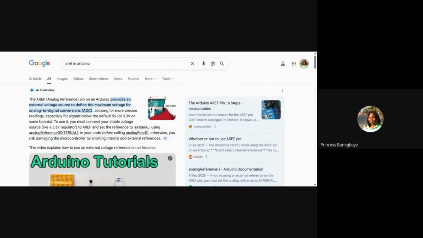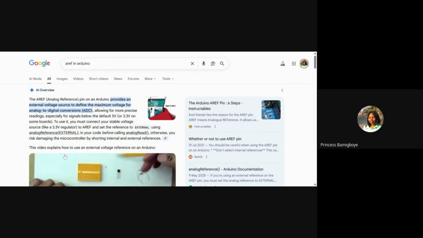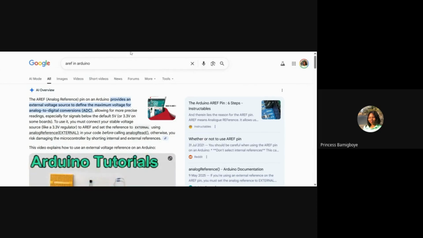there are some things called analog to digital converters, right? What analog to digital converters do is that they convert analog signals to digital signals. When I was explaining analog devices earlier, I was saying that analog devices have a sine wave kind of logic, and digital devices just have 0 1 0 1 0 1, kind of like in a straight line. Analog signals are like up and down and up and down, like that sine wave we saw earlier.